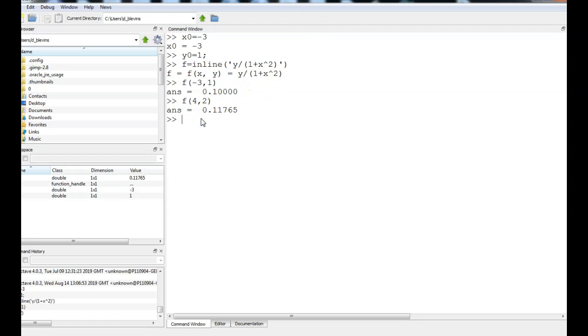Now I want to come up with a new x and new y. So I've got my point, I've got my differential equation, I need delta x too. We used 5 for that last value. So I'm going to call it dx for delta x. Delta x is